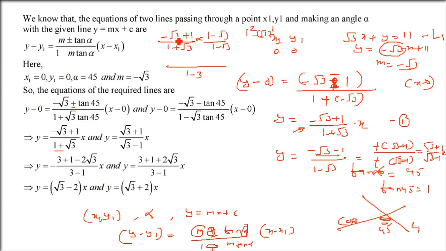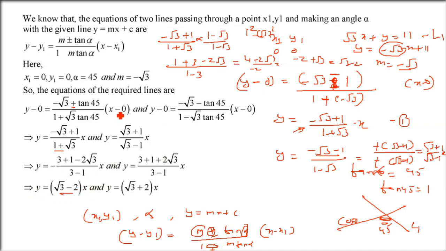And in the numerator this is 1 minus root 3 times 1 minus root 3, so 1 minus root 3 whole square. So a square, that is 1 square, plus b square, that is root 3 square, is 3, minus 2 into root 3. So you get (4 minus 2 root 3) by minus 2. You can take minus 2 outside from the numerator, and minus 2 will get cancelled. So you have minus 2 plus root 3, so ultimately this is root 3 minus 2.